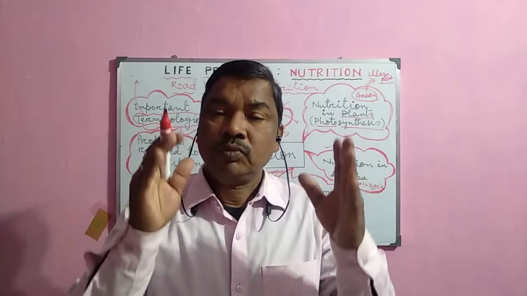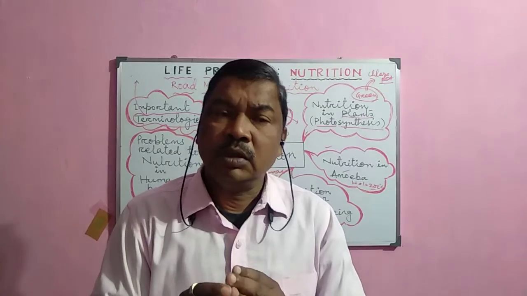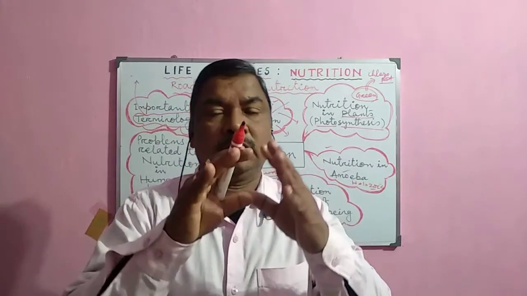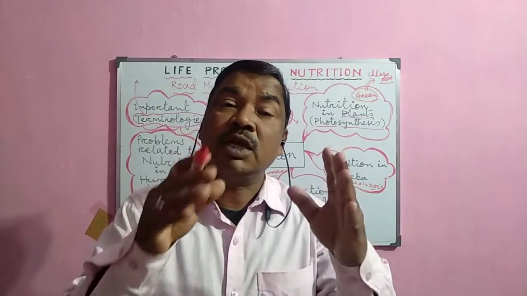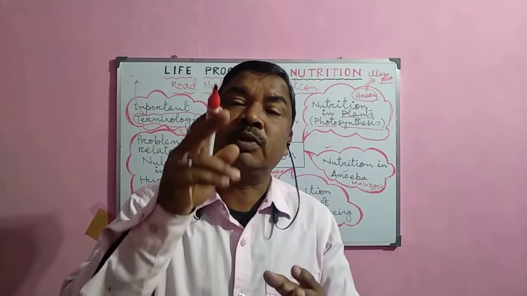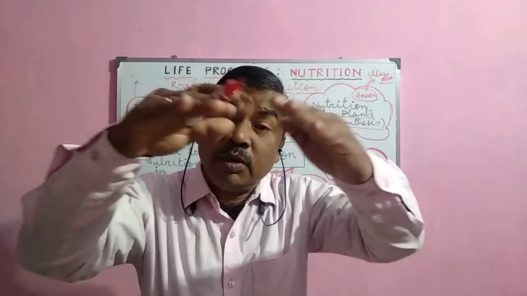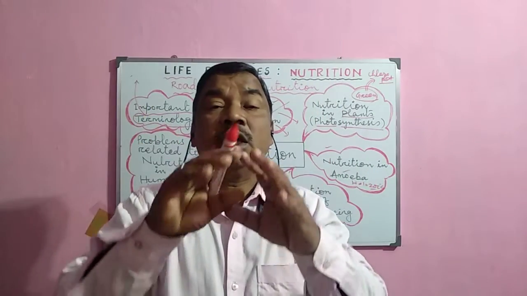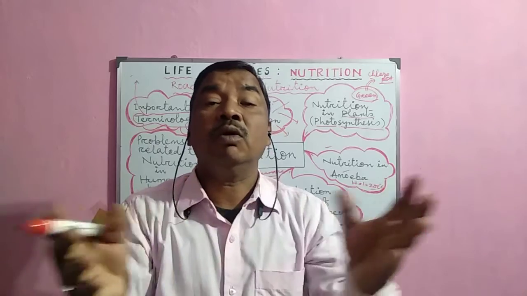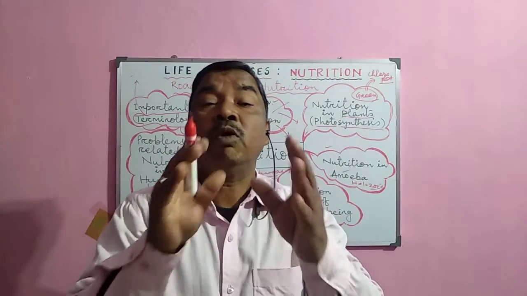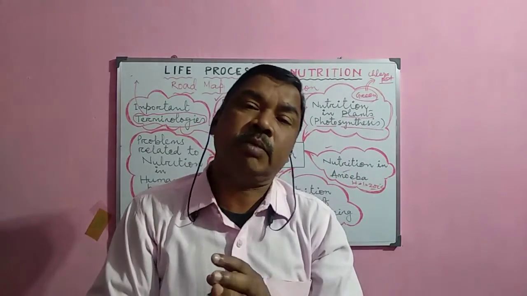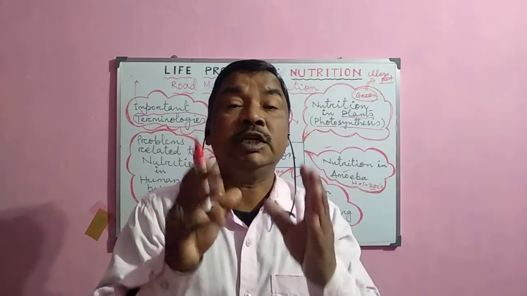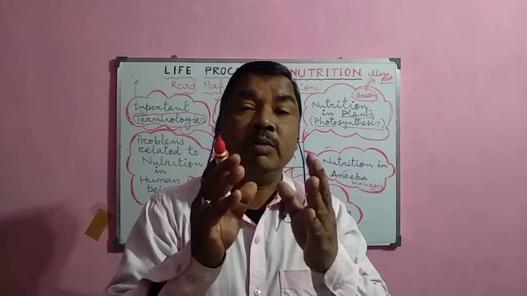Then what is the digestive system? The digestive system consists of a number of organs which are involved in the process of nutrition, collectively known as the digestive system. Because in a system there are a number of component parts, and all these component parts function together in a holistic manner. So this digestive system we shall discuss in detail, starting from your alimentary canal